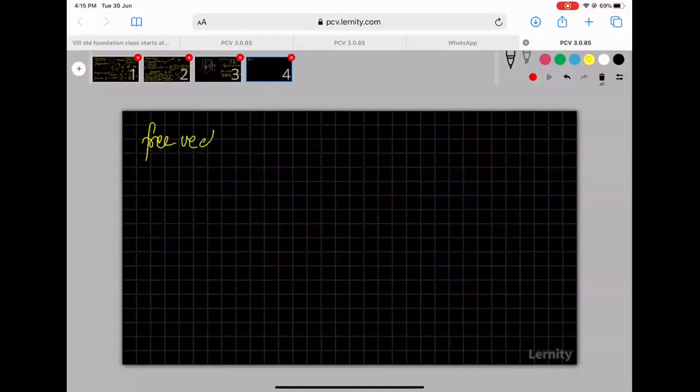If this vector is called A bar and it has a magnitude of 3 units and a particular direction, and I draw another vector of the same magnitude, 3 units, in the same direction, then this vector can also be called A bar, even though the two vectors have different initial points. Because they are acting at different points, they are actually two different vectors. However, if they are free vectors, you can call them equal vectors or the same vectors.